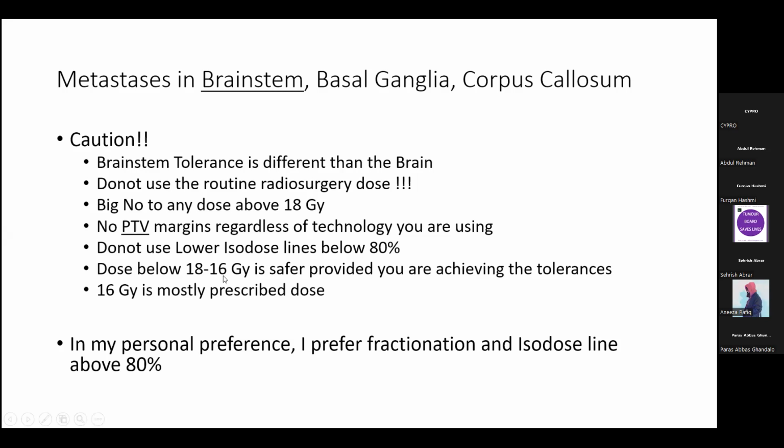So a dose of 16 to 18 gray or below is safer, provided we are achieving the tolerance doses, and 16 gray is the most prescribed dose. Most of the time I used a 16 gray kind of dose only a few times, like one or two times only, and I always prefer to fractionate it. In fact,